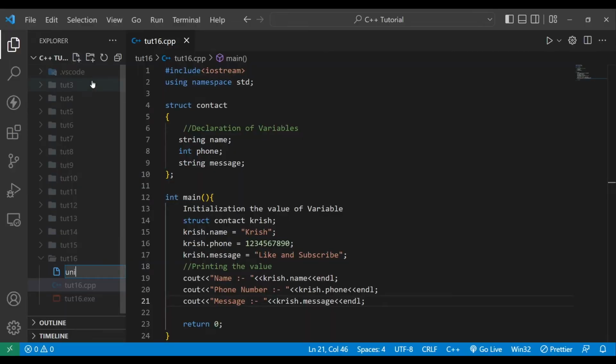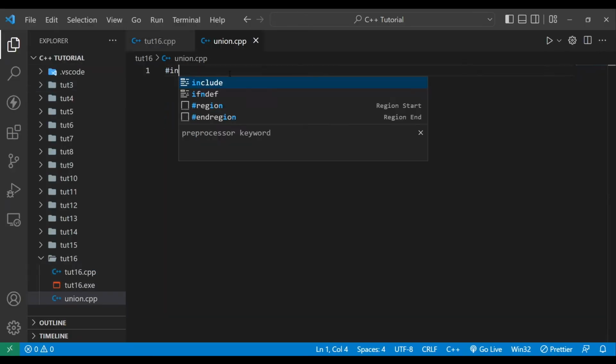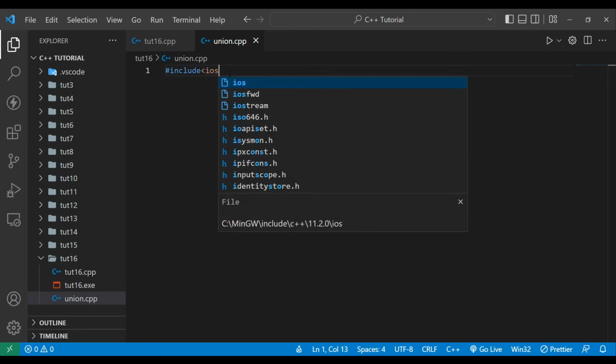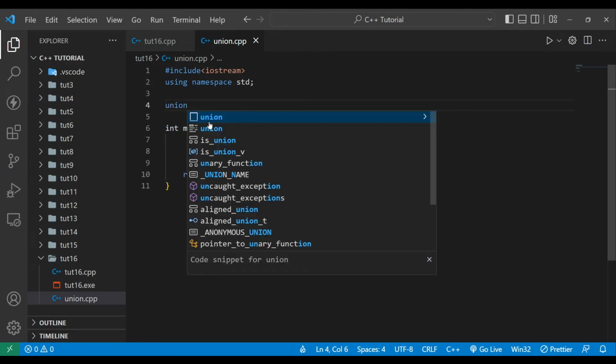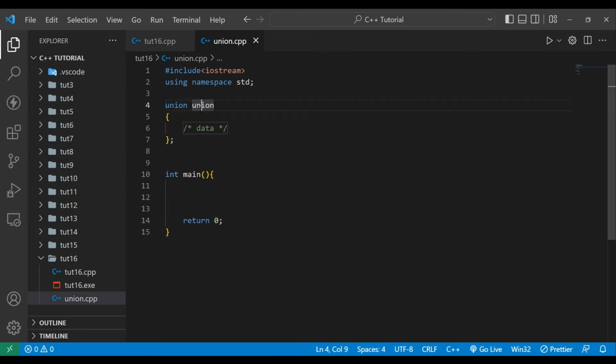Create a new file, union.cpp. Type the header file #include <iostream>, using namespace std, int main function, return 0. Type union outside the main function. Then you can see the code snippet of union is here. Click on it, then you can see union and the name of the union. I will give xyz, and inside the union I will type int a; char c;